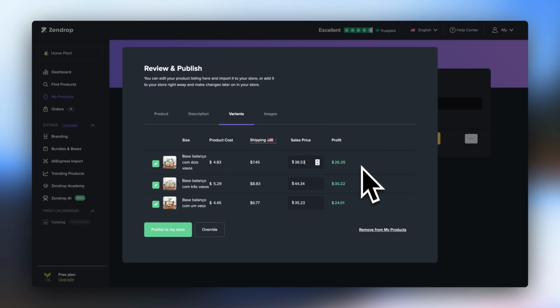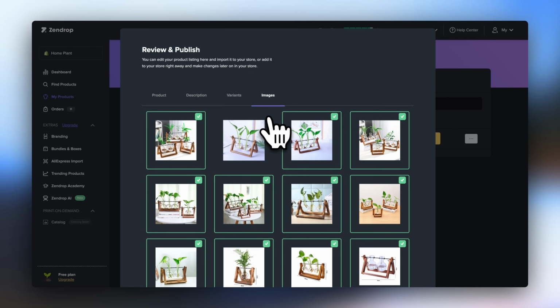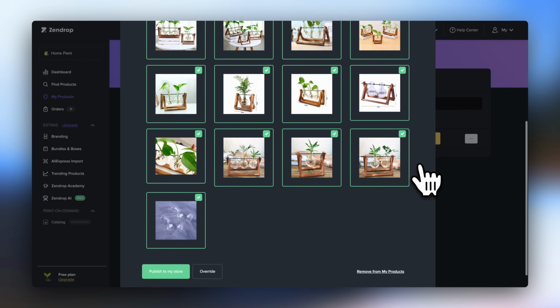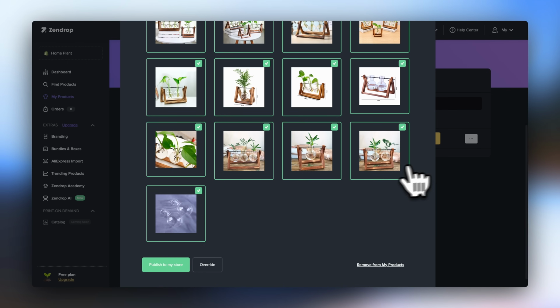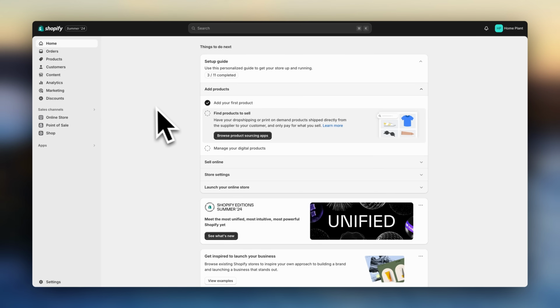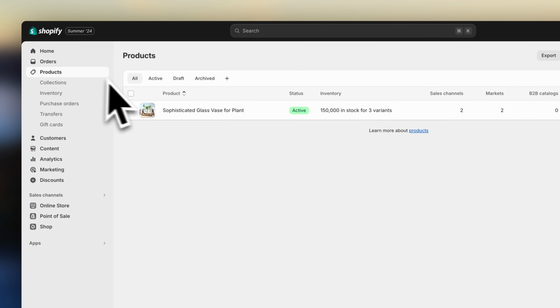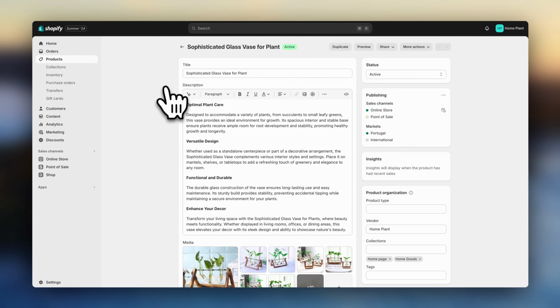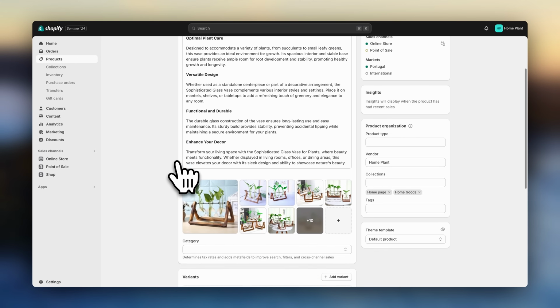Here under Images, you can select which photos you'd like to import to your store. Later on, I'll show you how to use AI to improve these images. So for now, let's click on Publish to My Store. And if you head over to Shopify, click on Products, you'll see the new product that has been imported from Zendrop. As you can see, we have a product title, description, images,